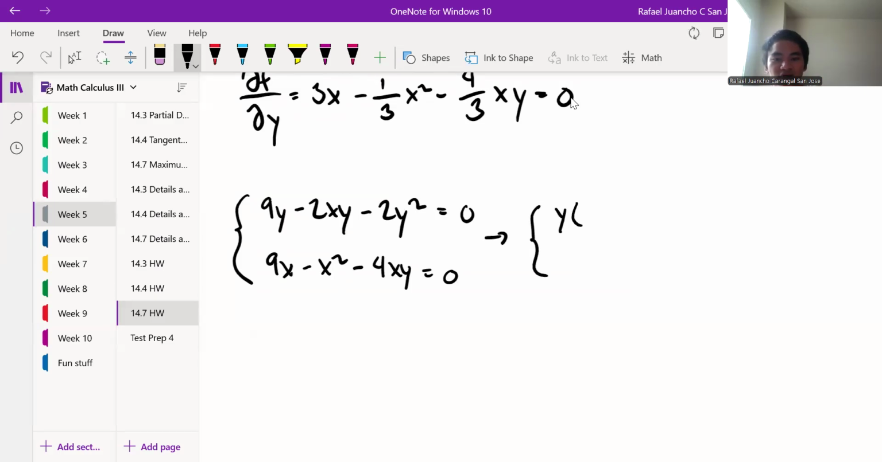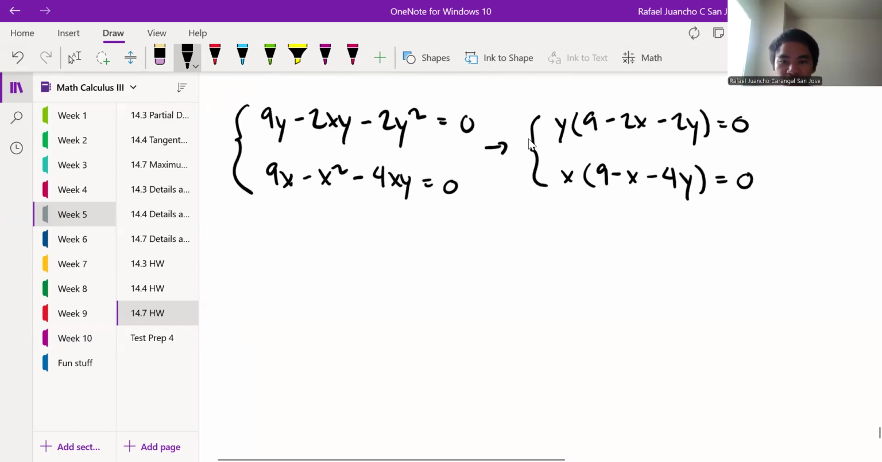So here I factor out a y. 9 minus 2x minus 2y equals 0. Here I factor out an x. And so I get 9 minus x minus 4y equals 0. And from there, I realize my y could be a 0, but this whole thing could also be a 0. And so here's when